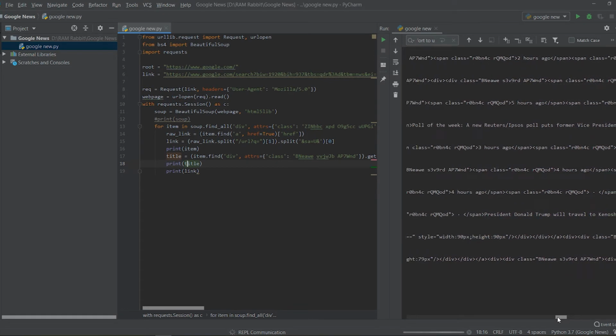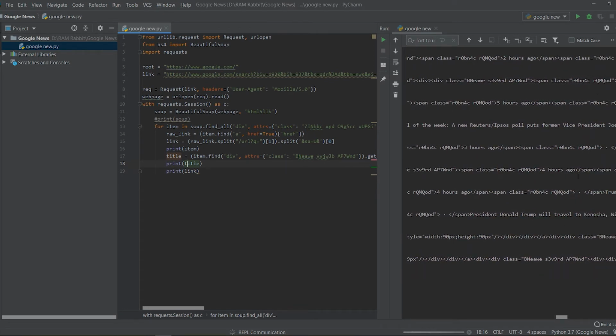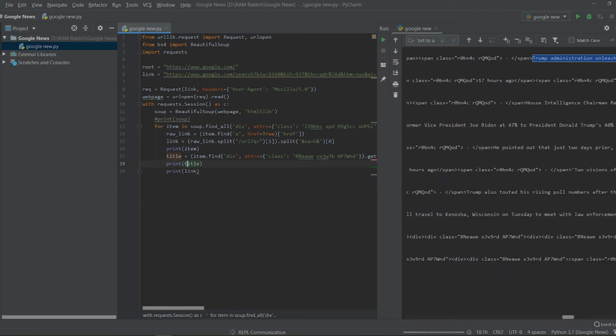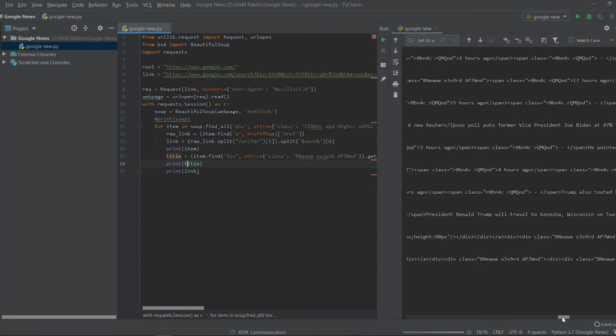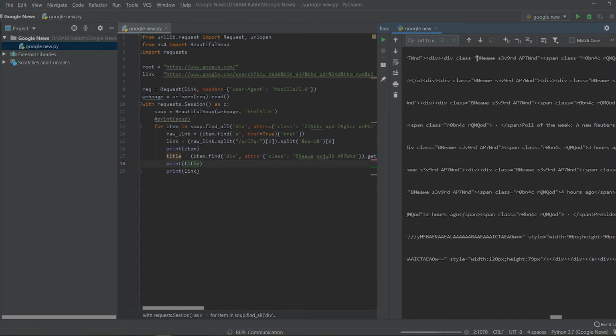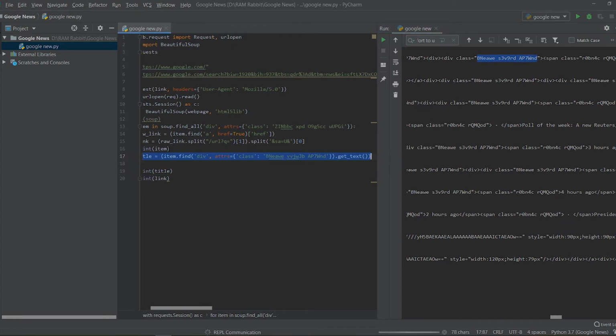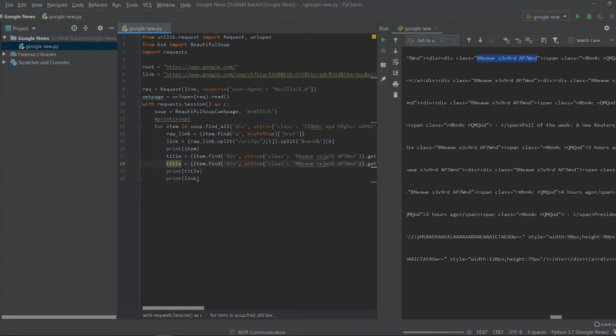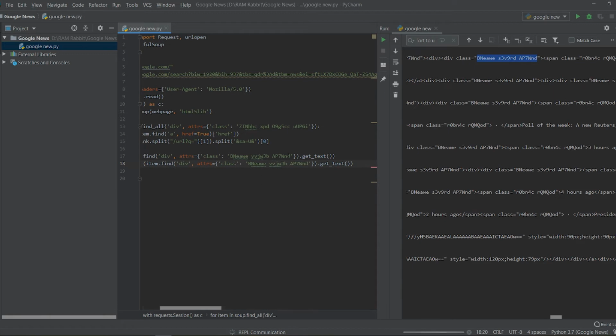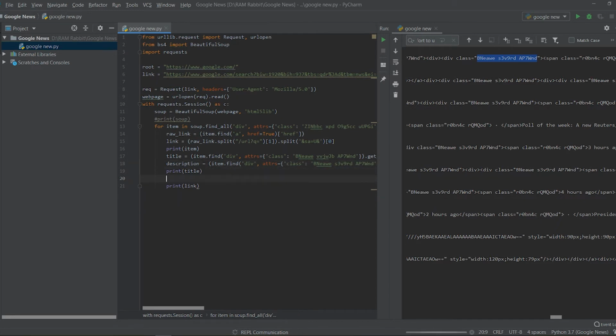So we could see that there's a span class right here, however it ends. And then it starts a new span class, but that one also ends. So we're going to want to look for a div tag. So we can actually pull from this div now, because it's actually different from this one. If you look at it, it'll say BNEAWE, and then it'll say VV, but this one says S3. So we could copy this one, and we can do a very similar approach to this right here. So if we copy this, we give it a new name, and we'll say description. And if we change the class now, we can call it this right here. And if we were to print out this description,